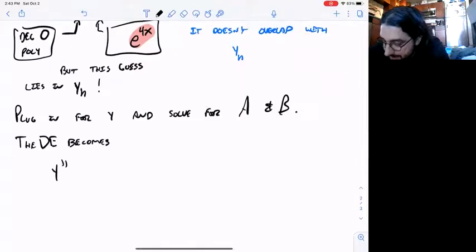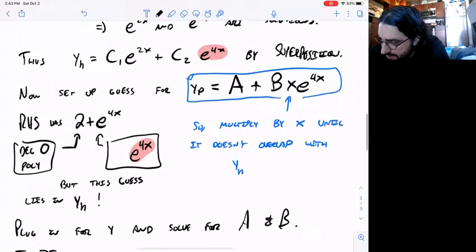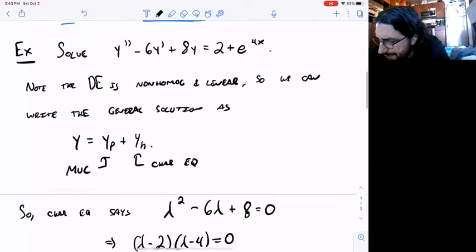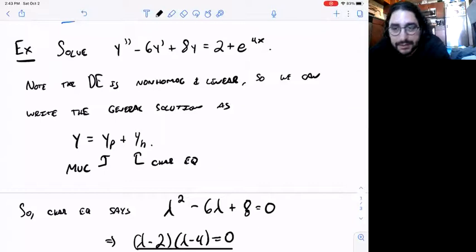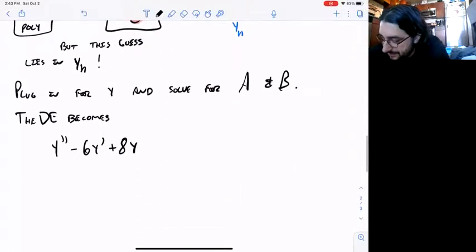Well, the DE was y double prime minus 6y prime plus 8y, I believe. Yeah, there we go. All right, so if this equals